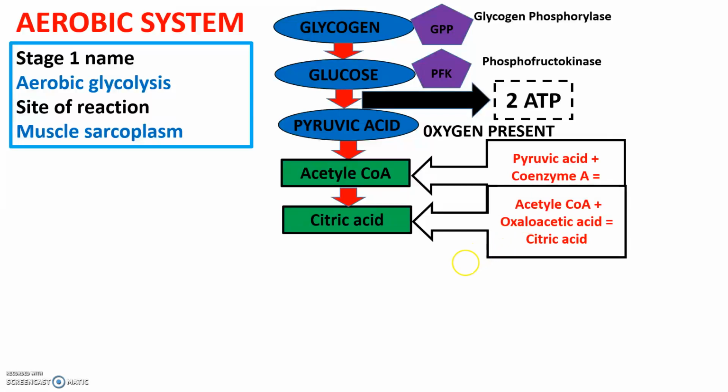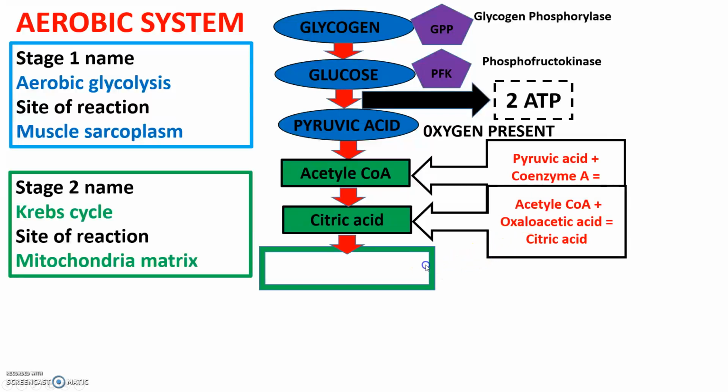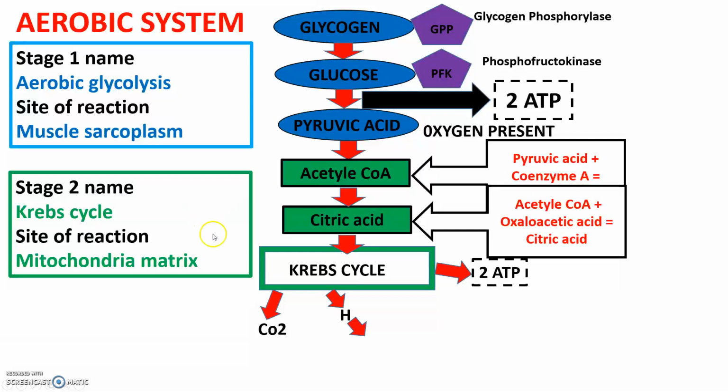And from this you have carbon dioxide produced, 2 ATP and hydrogen. Okay, now this process occurs in the matrix of the mitochondria. So the mitochondrial matrix. This is the part of the cell that is responsible for aerobic energy production. So from the muscle cytoplasm, this process moves into the mitochondrial matrix, which is responsible for aerobic